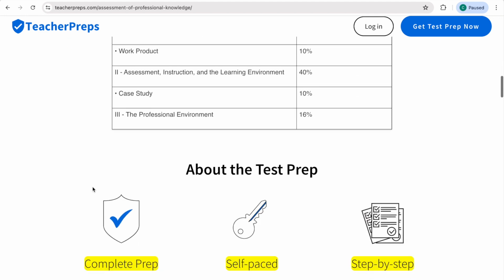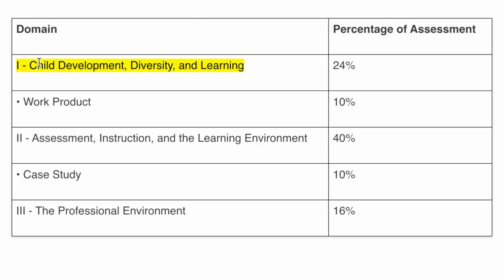Now, if we have a look all about this exam, we know that there are 3 different domains. And in this first lesson, we talked about child development, diversity, and learning, as well as assessment and instruction. However, the official testing agency has created 3 separate domains, but for the Teacher Preps preparation program, we've combined these 3 into 2 to make preparing and passing even more simple for you. In this lesson, I'm going to show you a video that's going to cover learning environment and the professional environment